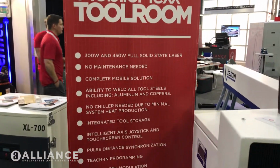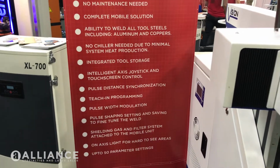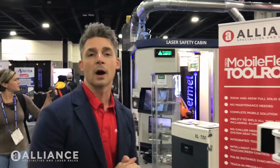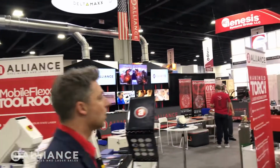So as you can see, it's a complete mobile solution. Everything is there, ready to work. You can use all tooling steels. There's no chiller. It has an integrated tool storage, teach-in programming. It's a great product for production welding and repair molds. If we keep going,